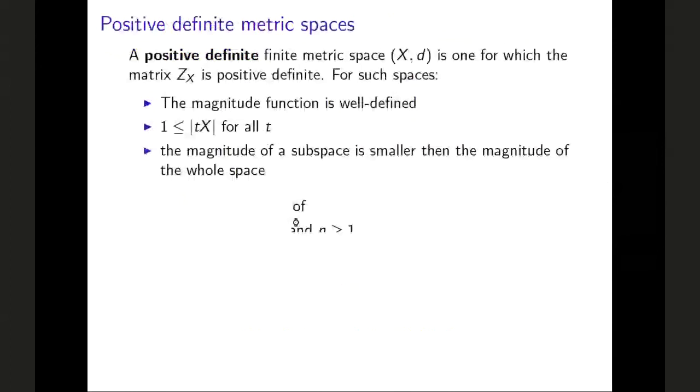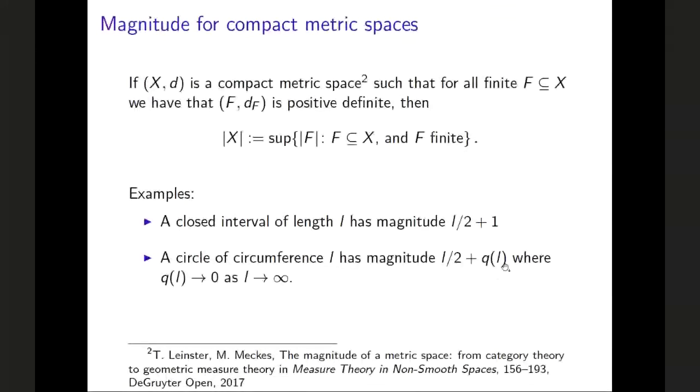As we have written here, the magnitude would be given by n plus a function in t, where also there, of course, it goes to infinity as t goes to 0 and as t goes to infinity. But I don't know if something has been done in that sense to try to estimate for which t